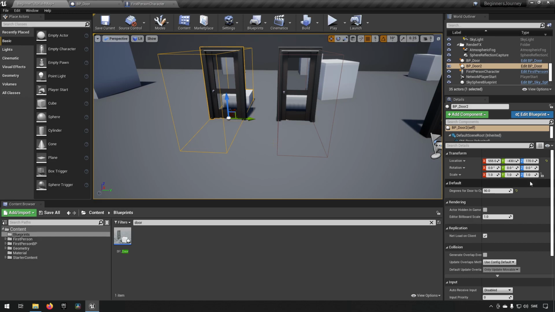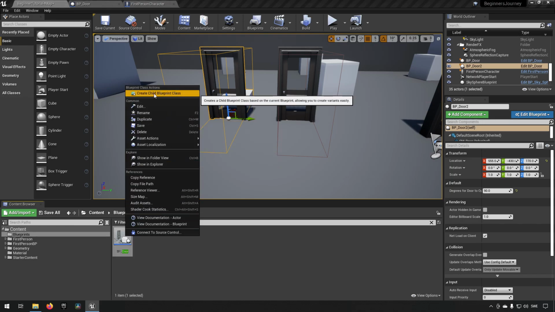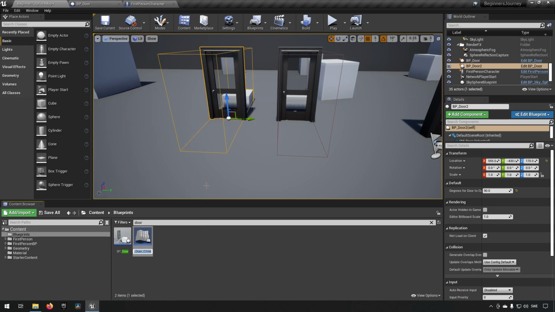Now, to demonstrate a little bit about inheritance then. Let's say we want to make a child class of this class that we've already made. We will right click on the class and we have an option to create a child blueprint class. We will call this BP door child, will be just fine for our purpose today. So we'll go into this one,